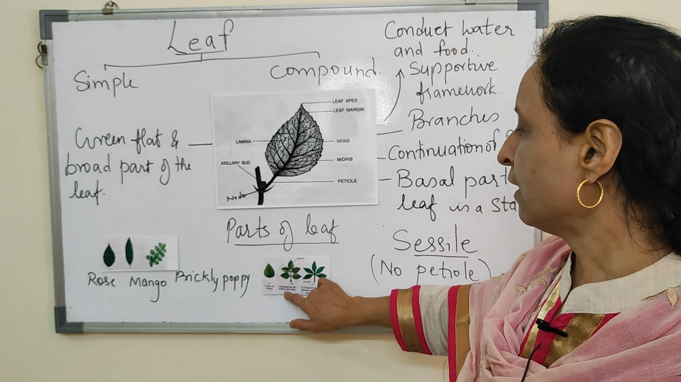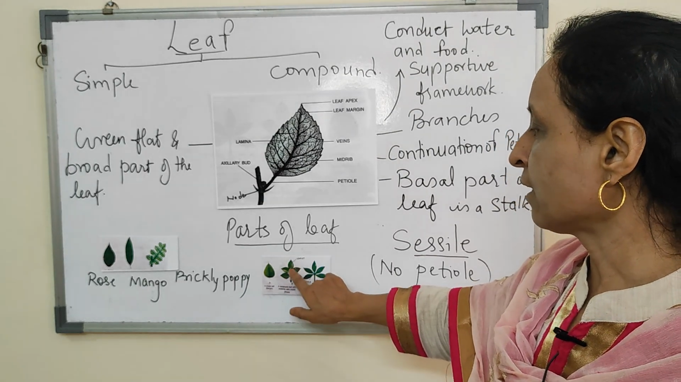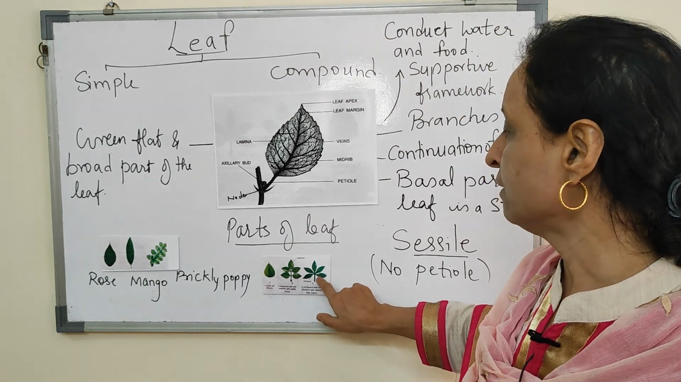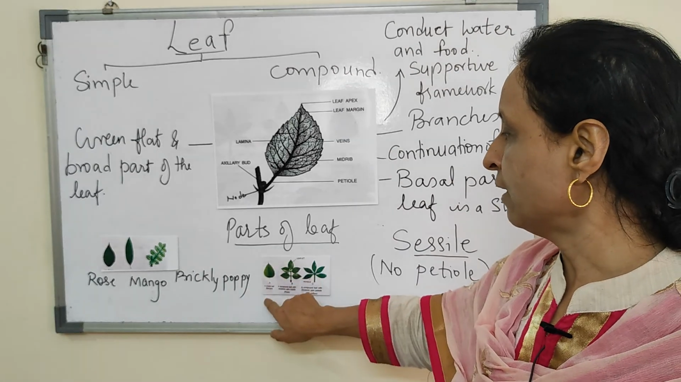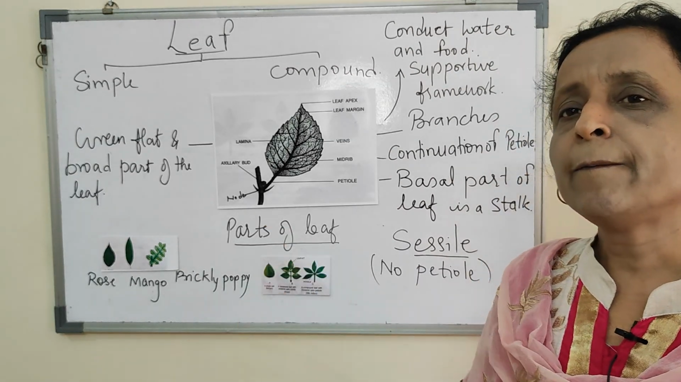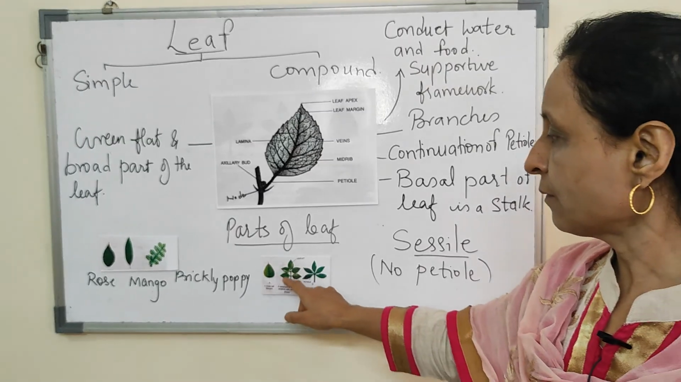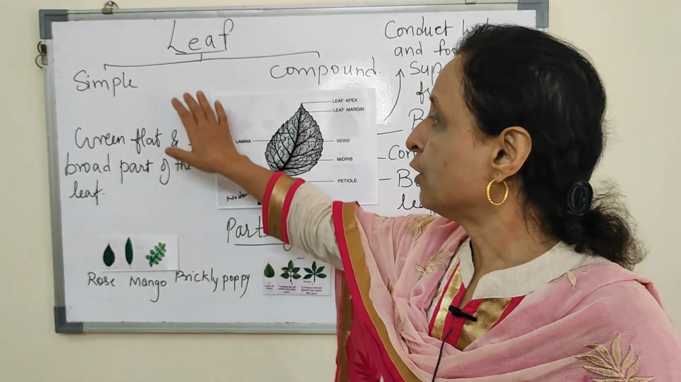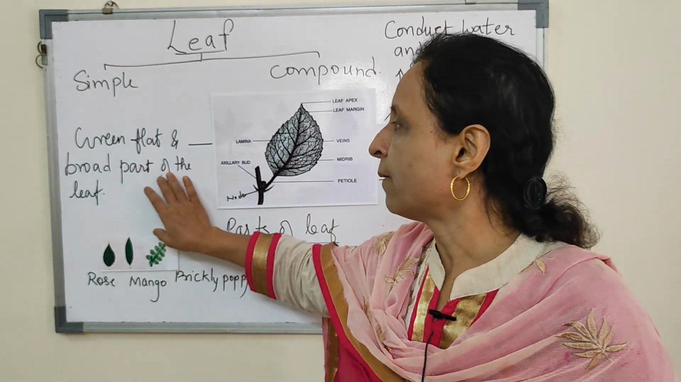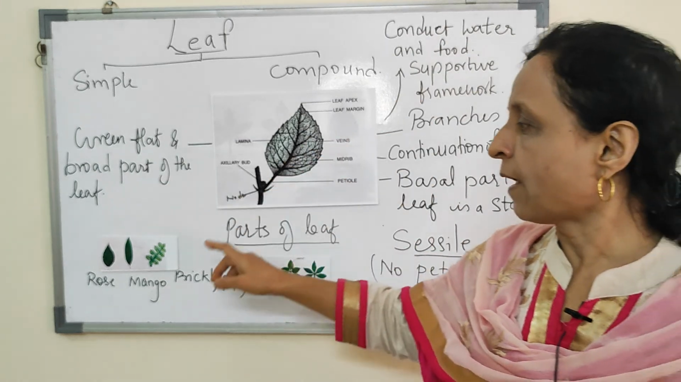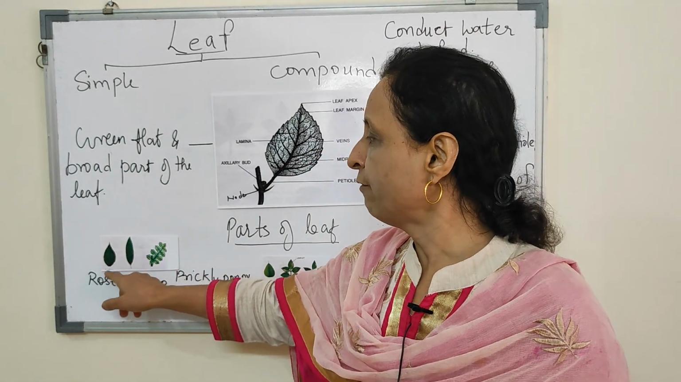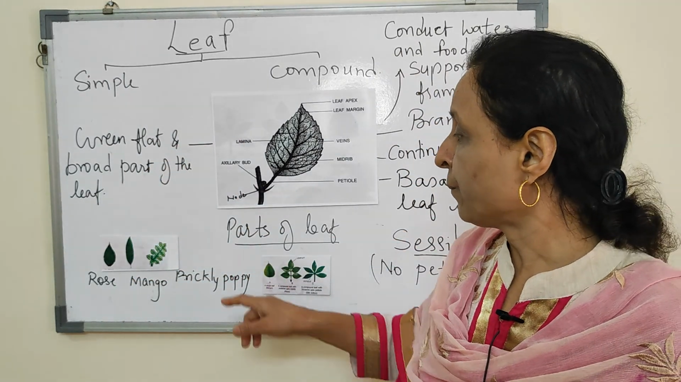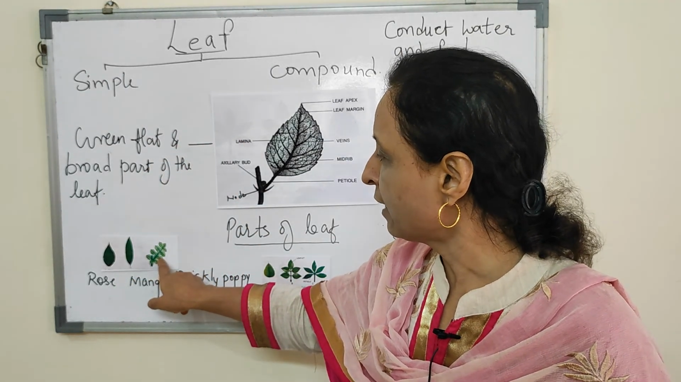You can see this leaf of rose, it is a compound leaf. You can see the leaf of the silk cotton, it is a compound leaf. Whereas the banyan tree leaf is a simple leaf. So you can see this difference, you can see this structure. So here the green, flat and broad part of the leaf is known as the lamina, and here you can see a simple leaf which is of rose. This leaf is of mango. Here this leaf is of prickly poppy,